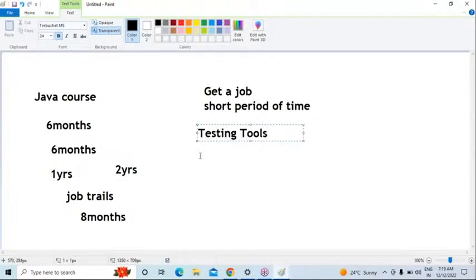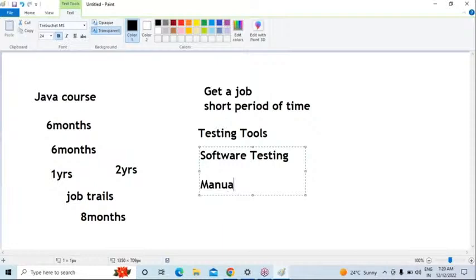Again, here I already said that people will call it software testing. In this software testing, we are discussing manual testing and